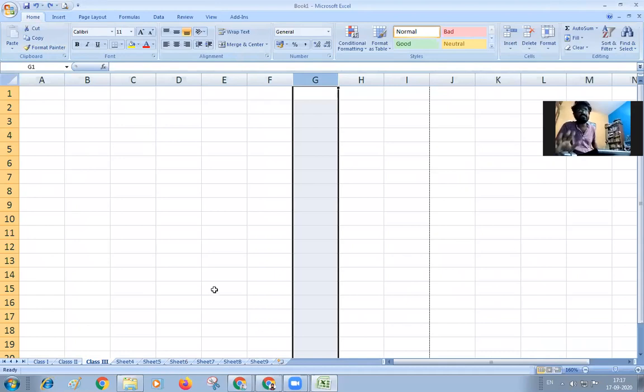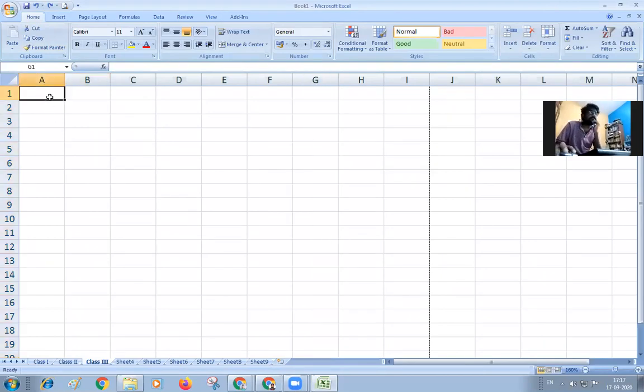This is basically how a document looks. First, what we are going to see is what options we generally see in the first Home option, and then we go on moving one by one. Okay. Then coming to the first one, this is a column. This is a cell called A1. I am saying A1 because A is a column heading and 1 is a row heading.